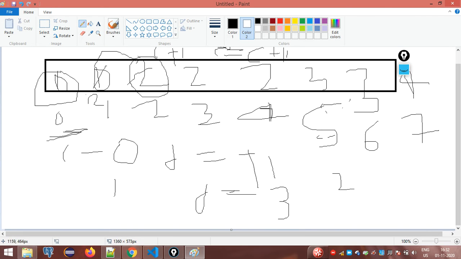Now i is 1 and the array's ith value is 2, and the jth value is 2, so nothing happens. We increment j to 4. The fourth index value is also 2, so nothing happens. We increment j to 5. Now this is the third unique element, so we need to put it at the i plus 1 index position, and we assign this jth value, which is 3. The same goes on.